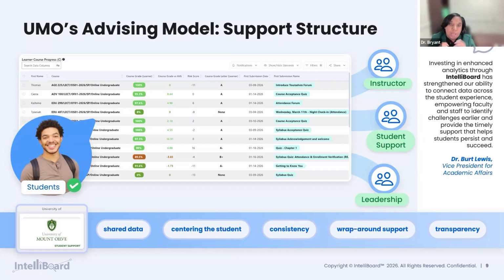But it does rely on their due diligence of going back and updating that attendance value on Monday, which is why these reports, as Dr. Carver will share later, are so important. When we're able to recognize and intervene early, it can change the trajectory. And again, that's just an example of the things we're starting to implement utilizing this new data and this new advising model structure. My goodness, you guys are a delight.